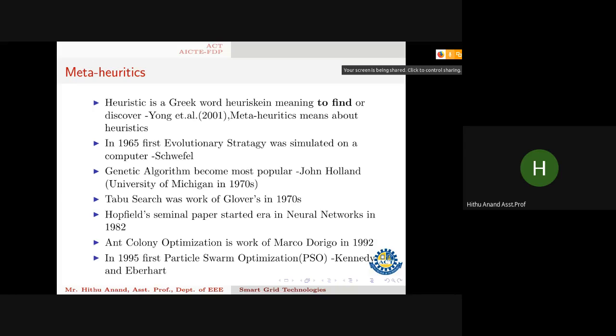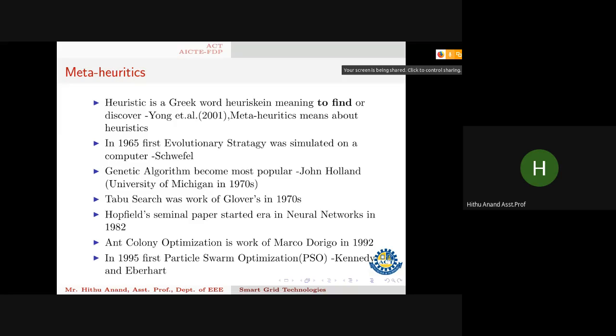Later on, tabu search was introduced in 1970, the same year. Then neural networks were introduced, with the Hopfield paper on neural networks. Neural networks are still advancing, and are the foundation for deep learning and machine learning. Those are all derived from within the characteristics of metaheuristic algorithms. We model neural networks and have so many learning algorithms, all derived from the first 1982 paper.